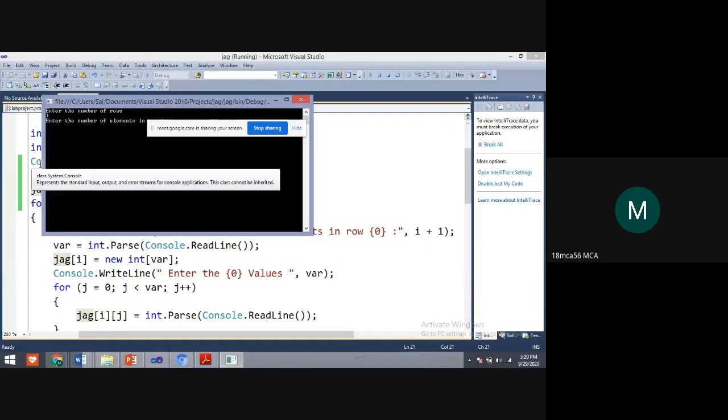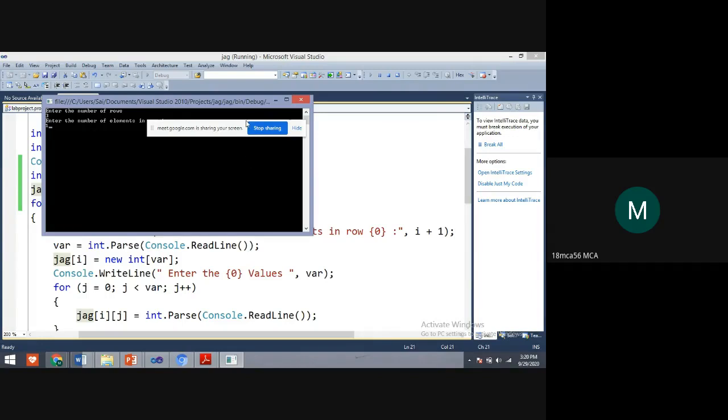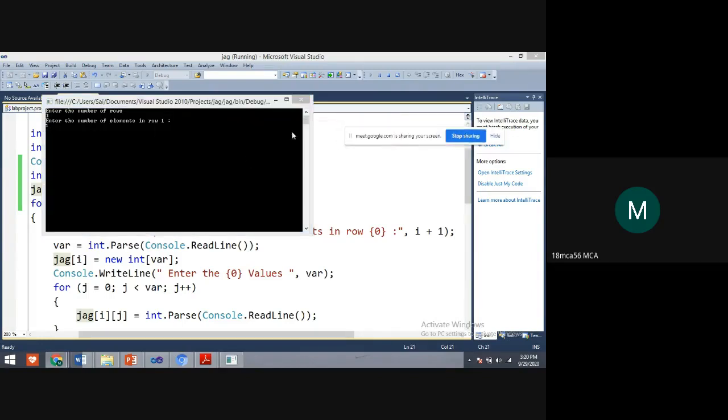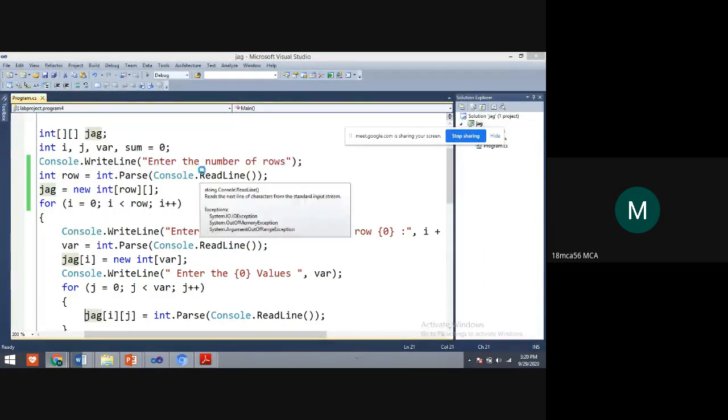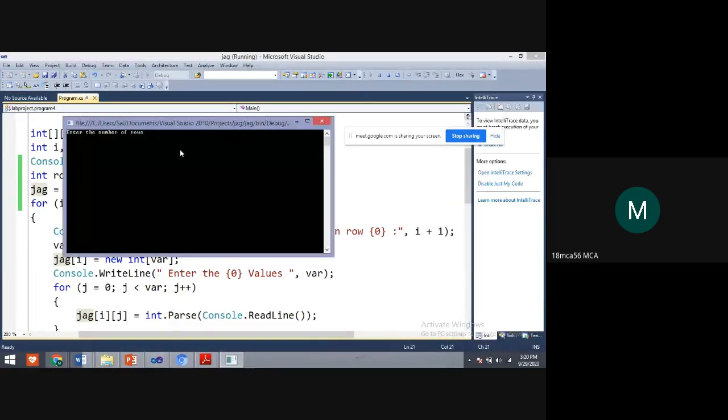Enter the elements. Next, enter the number of elements in the first row.